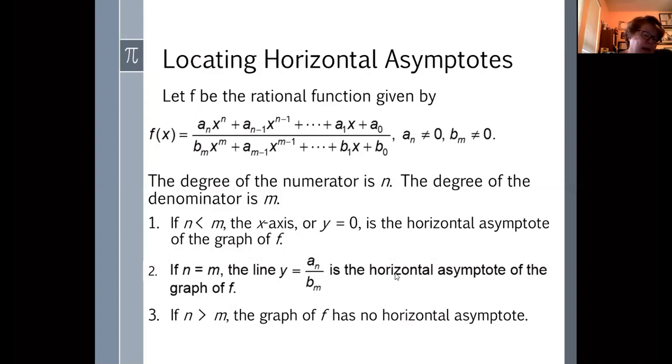All right, let's do a couple of examples. Find the horizontal asymptote, if any, of the graph of the rational function f of x equals 9x squared divided by 3x squared plus 1. So let's first look at the numerator. The numerator is 9x squared. The degree of this numerator, looks like my slide did not